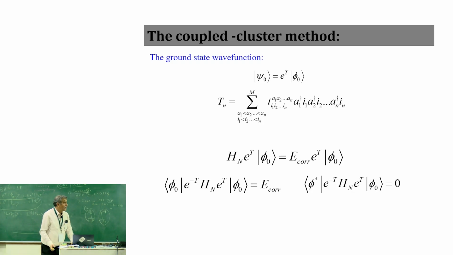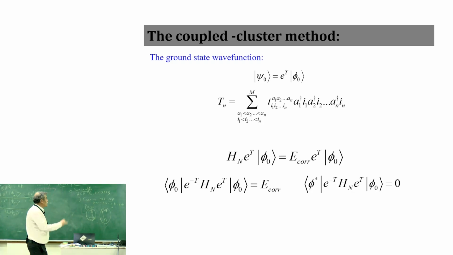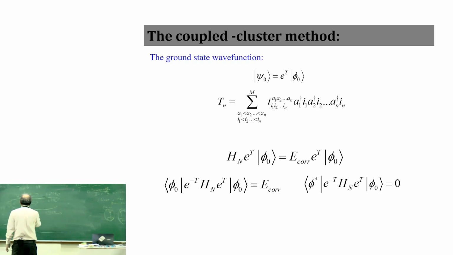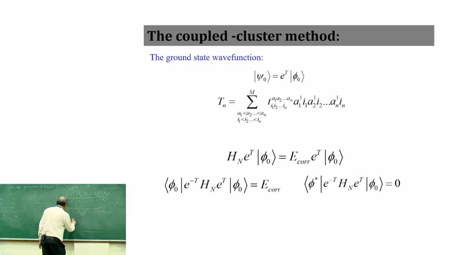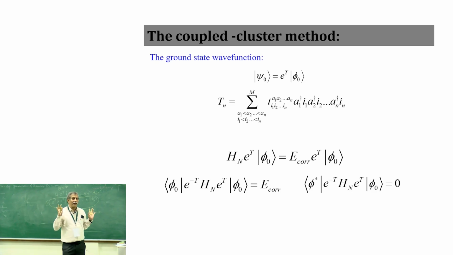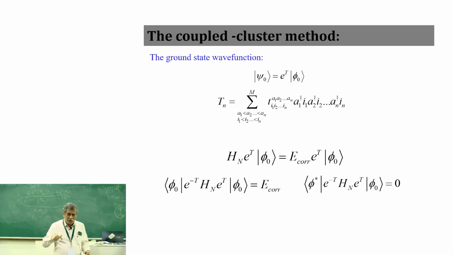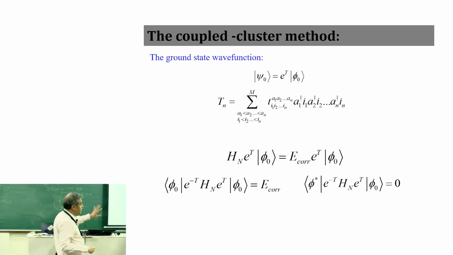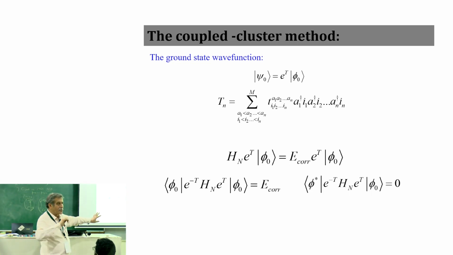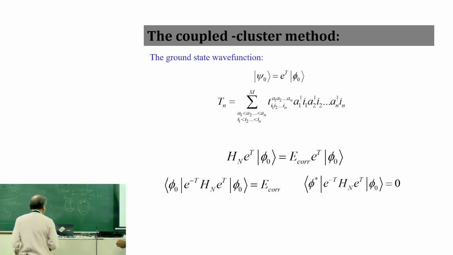So I did not use H. If you have seen, I have used the normal ordered H, Hn. I want to define Hn as nothing but H minus E Hartree-Fock. Very simple definition. And in second quantized notation, it's easy to write. So if you use the normal ordered H, then everything that comes out is the correlation energy directly. So these are expressions which are directly correlation energy, but it doesn't matter. You can always subtract Hartree-Fock later.